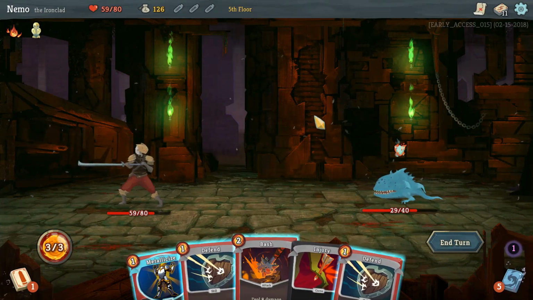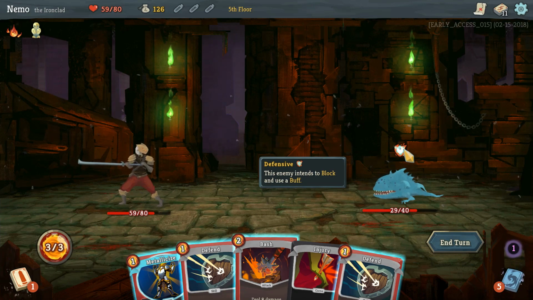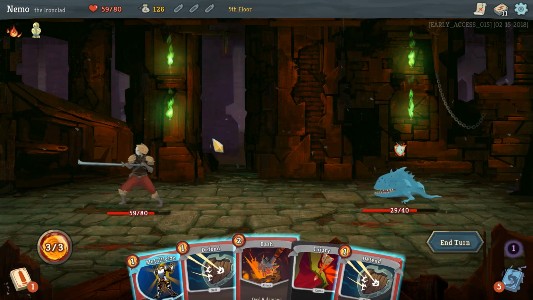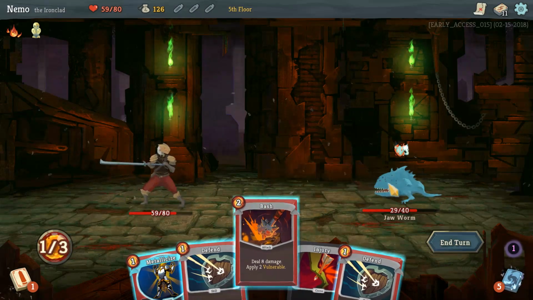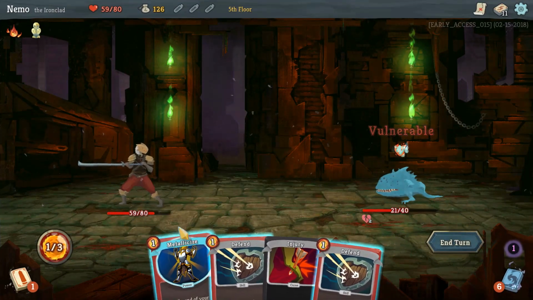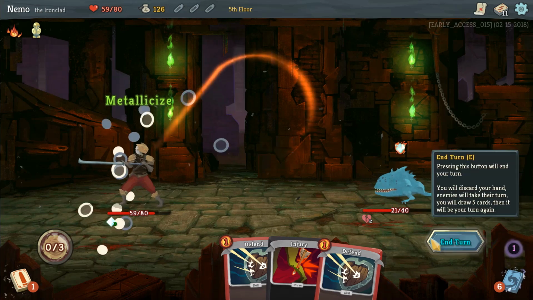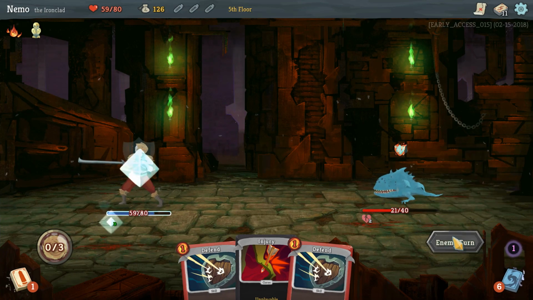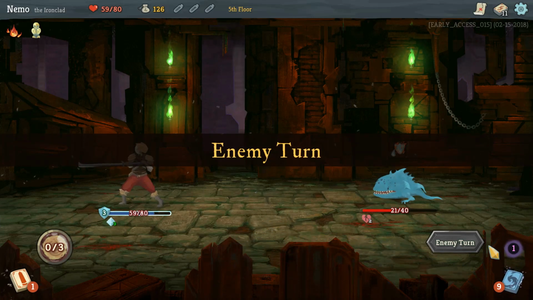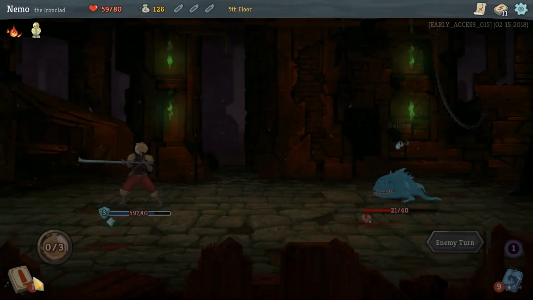Right, this is new, look, this is defensive, right? The enemy intends to block and to buff himself up. So because he's not going to bother attacking us, there's no point using defend. I might use bash, and I'm going to use metallicize, which is a defend now, but it also lasts forever, so might as well there. And sadly, however, we cannot capitalize on the vulnerable this turn. Ideally, however, get the strike and the...